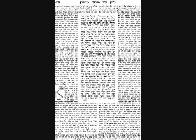He says if the wall is 10 tefachim, you want to put the ladder at least 10 tefachim away from the base of the wall. You want the bottom of the ladder, the foot of the ladder, to be at least 10 tefachim away from the base of the wall. So that means that the two legs of your right triangle are 10 and 10. The ladder itself has to be 14. The hypotenuse of that